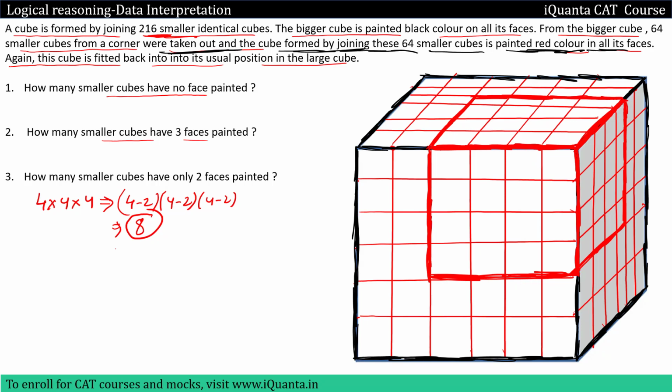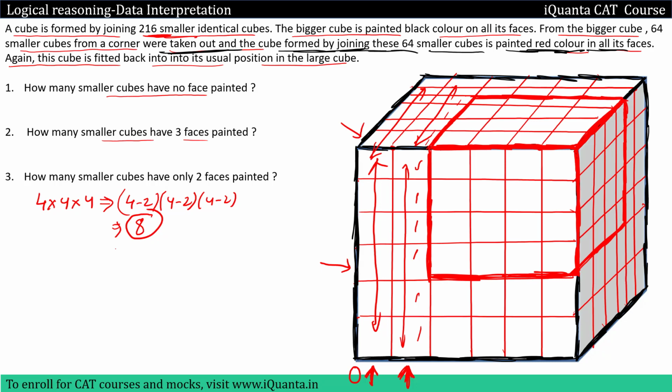So if we look into this layer of this cube, then we can see that all the cubes on the left face, that means this whole face, this whole part, will have at least one face colored, okay? Because all the cubes on this layer will have at least one face colored. So from this part I get 0 cubes having 0 face colored. If we come to this particular part, that means this whole piece of the cube, then only the cubes on the outer layer will be having one face colored, okay?